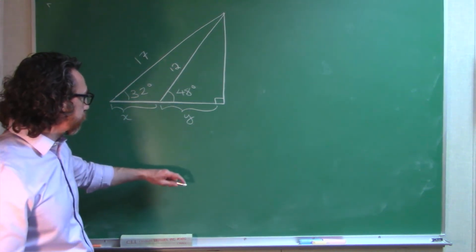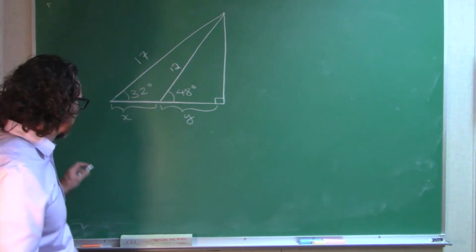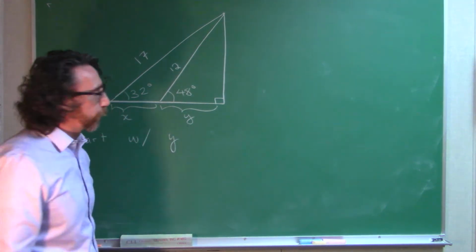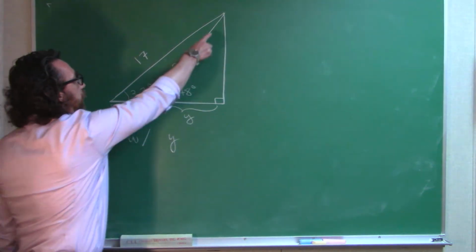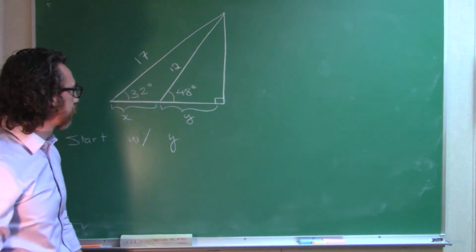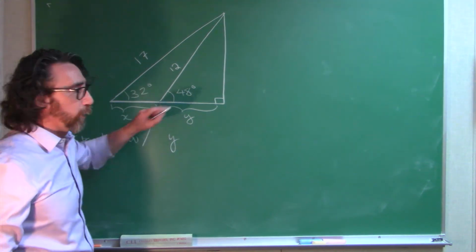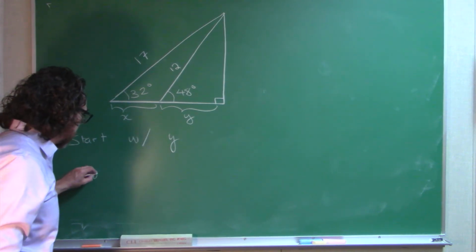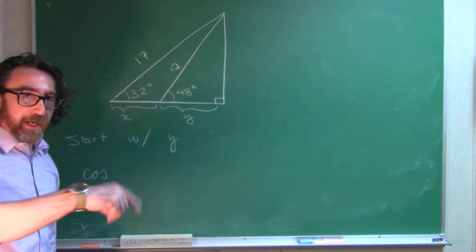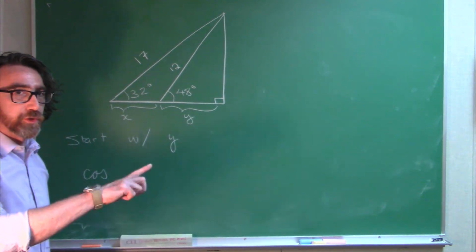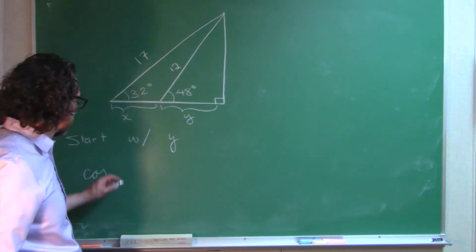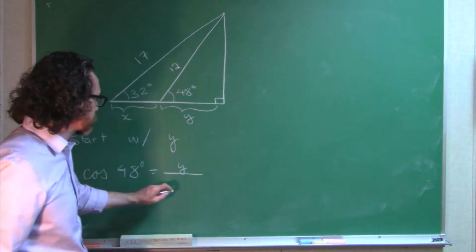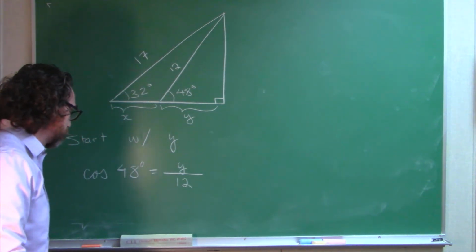All right, so let's start by finding this. Start by finding the side length y. Okay, we've got a right triangle here. I know the hypotenuse, I want the adjacent. So I'm going to bring in the cosine function, right? Sine is opposite over hypotenuse, cosine is adjacent over hypotenuse. So I know cosine 48 degrees equals y over a known side length of 12. So I can get y